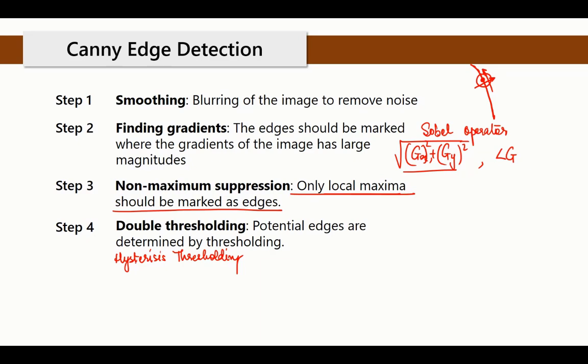Canny Edge Detector is still ready to drop some of these edges if they are not strong enough, or if they are not really connected to a strong edge. So this is what is called double thresholding, where you will look at edge responses and set two thresholds. Say I'm looking at just a profile in one direction right now, not in two directions. So if I had a profile like this,